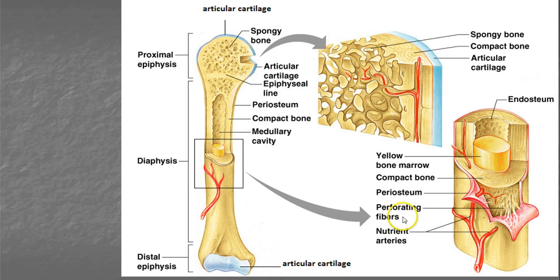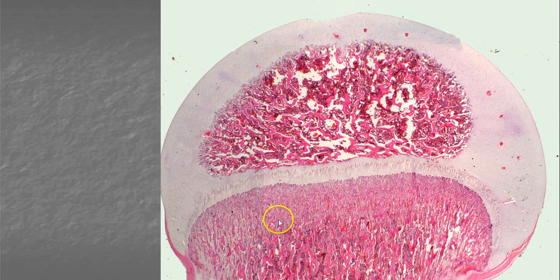Something you don't need to know is these perforating fibers, but what they essentially do is they attach the periosteum to the compact bone tissue and nutrient arteries and veins, otherwise known as blood vessels. Here's an actual cross-section diagram of the head of the humerus, so this is going to be the proximal epiphysis. You'll notice that surrounding this particular area here, the articular cartilage has been removed, but you'll notice that there is